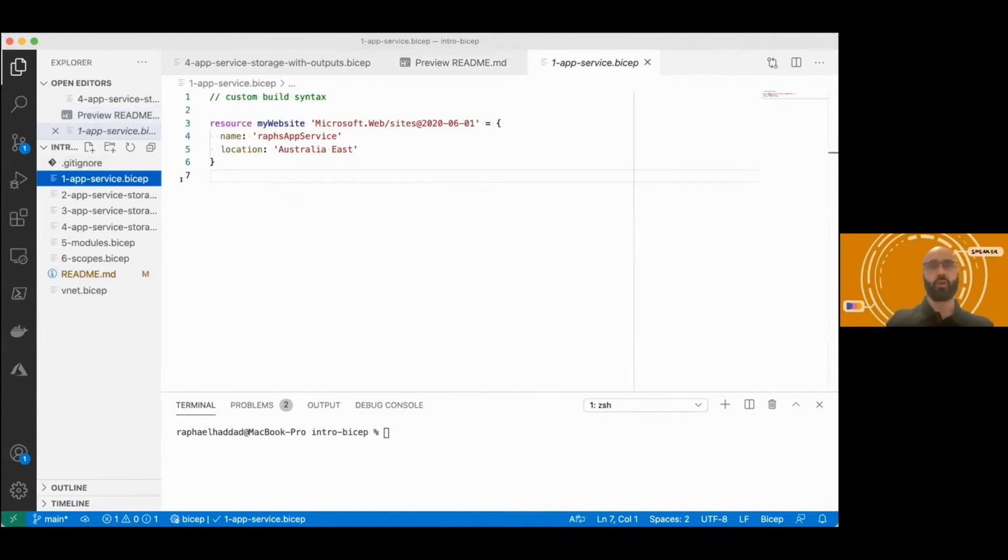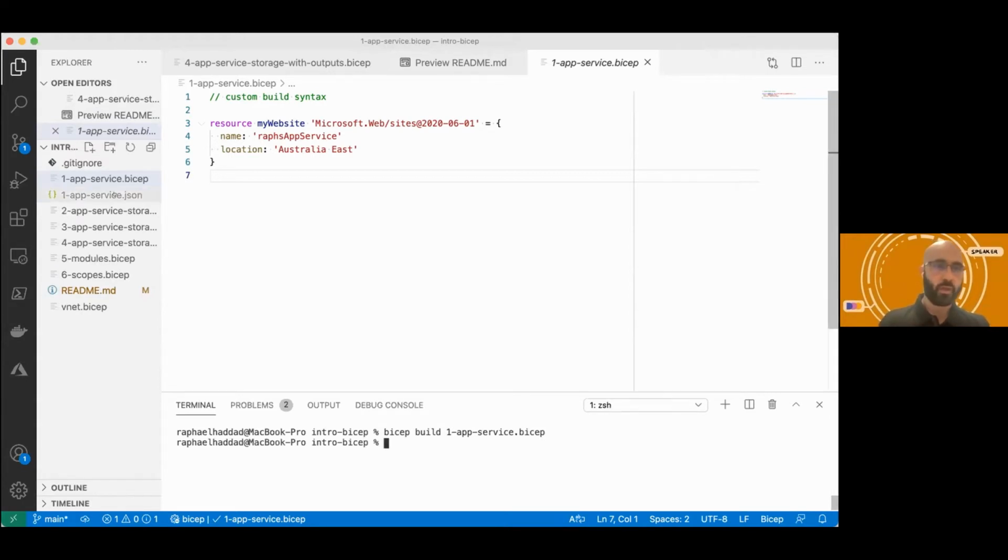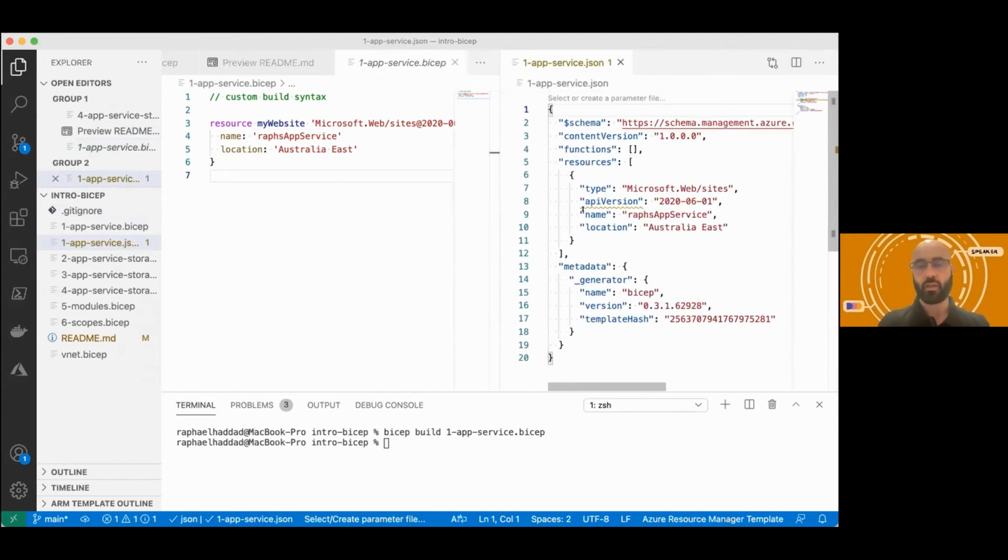I want to run you through a bit of code and show you the syntax itself. So what we have here is a very simple app service or a website. And this is a platform as a service infrastructure website. And all this template does is provision that infrastructure so that you can deploy your application code, be it C#, Java, Golang, or Node.js. Now, Bicep is cool because you can also compile down to ARM templates as well. So if I did Bicep build and I selected that file, it has built for me an equivalent JSON